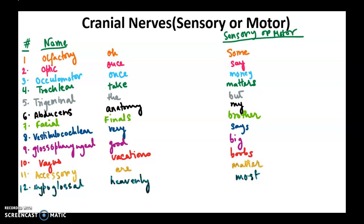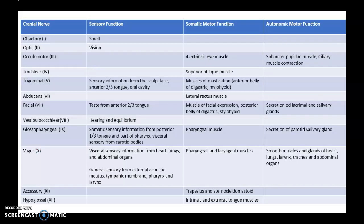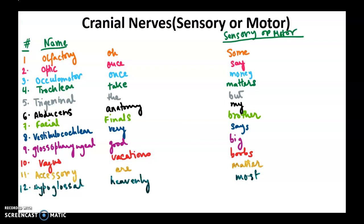If you are taking A&P with me, you must know the cranial nerve name, number, and of course, function is detailed. So the chart, try to memorize or try to understand and review the chart many times, and you will have a few questions on this chart. Okay, that concludes my cranial nerve